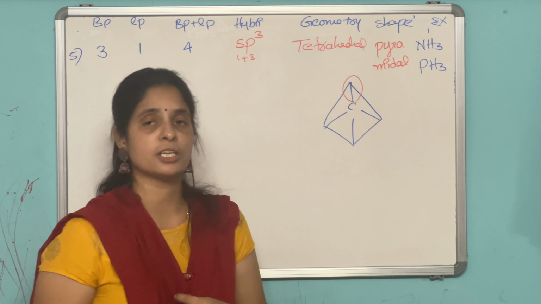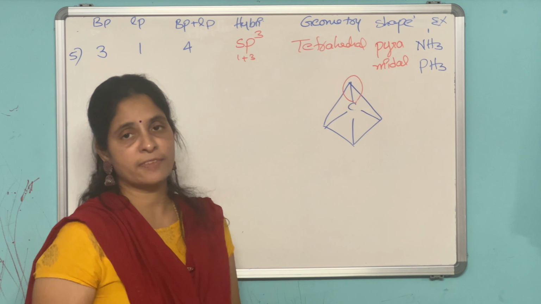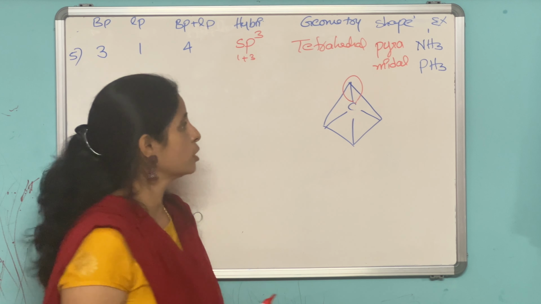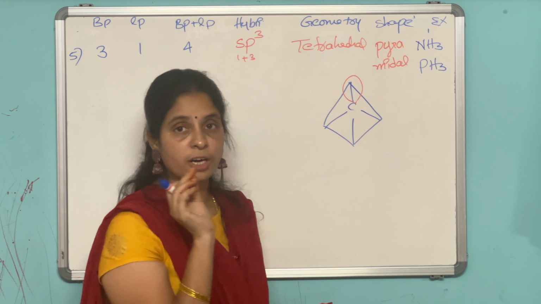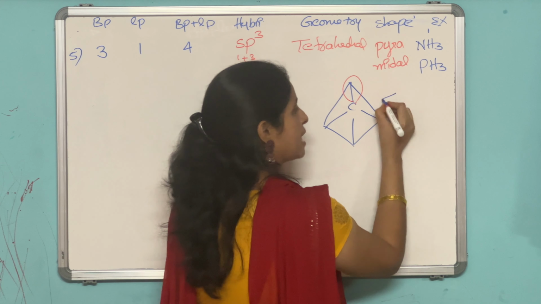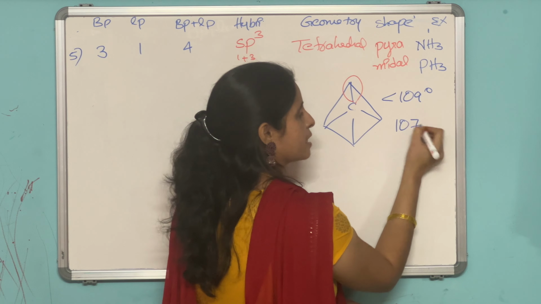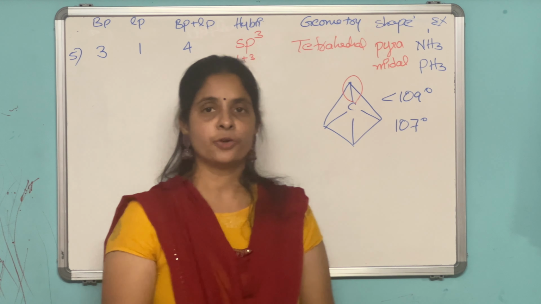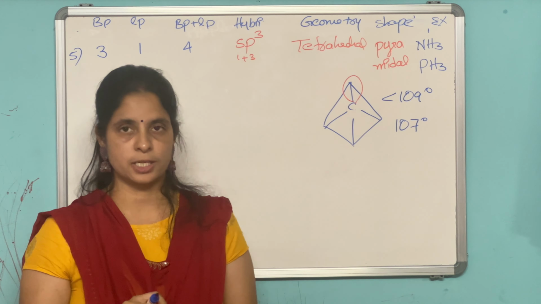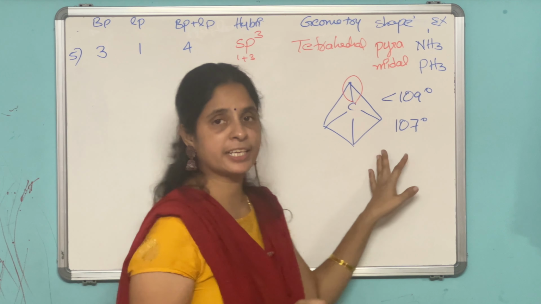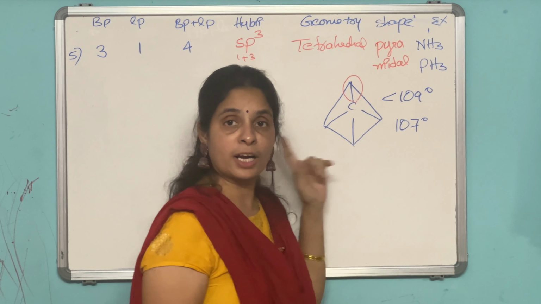In the previous case also, if one lone pair is there, the bond angle will be less than 120 degrees, I told you. So here tetrahedral means the bond angle is 109 degrees. Now here less than 109 degrees bond angle means that will be approximately 107 degrees. You remember, for some molecules at least you remember what the bond angles are. Okay, so here if it is a tetrahedral geometry, 109 degrees 28 minutes, and if one lone pair is there,